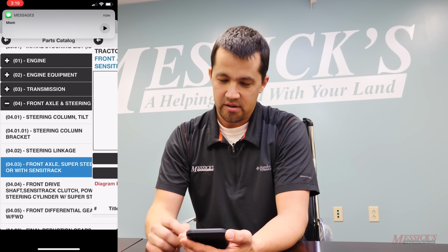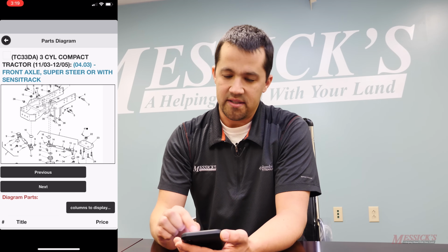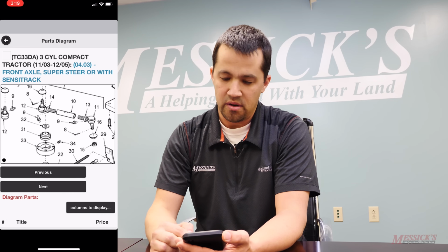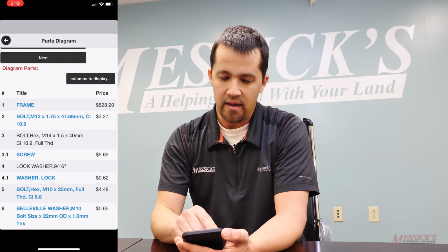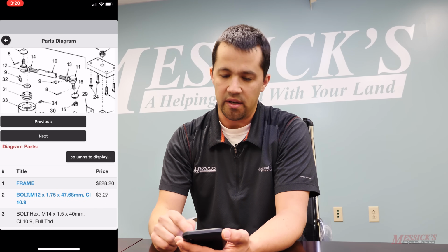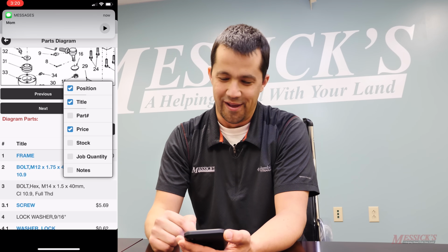We're going to load our parts diagrams. Then you're going to see the diagram itself, which you can pinch and zoom to see the information, or scroll down to find descriptions of the parts and their prices. The number on the side corresponds to the position in the diagram. If you click on the button that says columns to display,